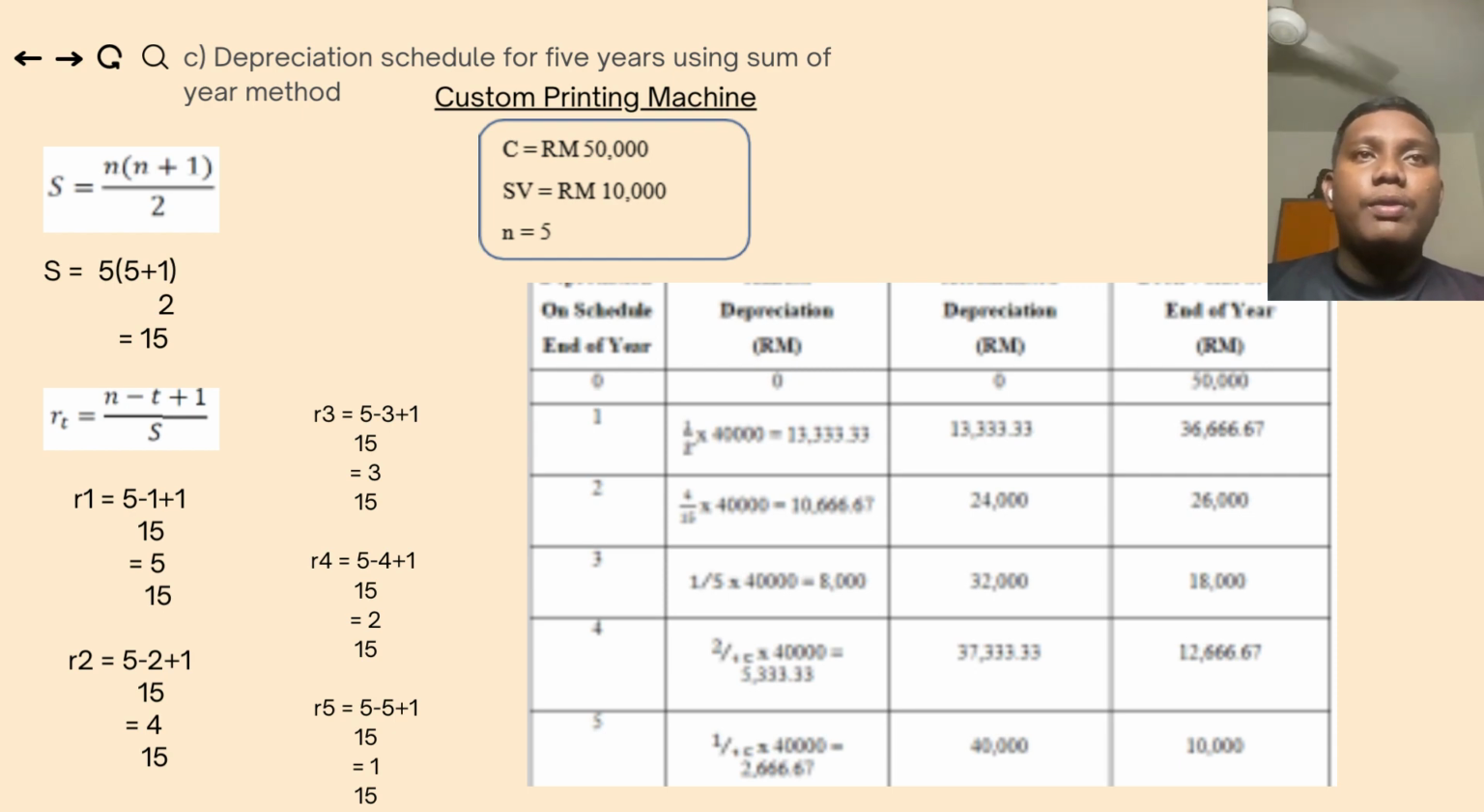But for the annual rate of depreciation, you use S equals N plus 1 divided by 2. So after we got all that, we got the R is 1 over 15. So we need to find the depreciation using the sum of years method. So this is the schedule of the 5 years until we get the book value at the end of the